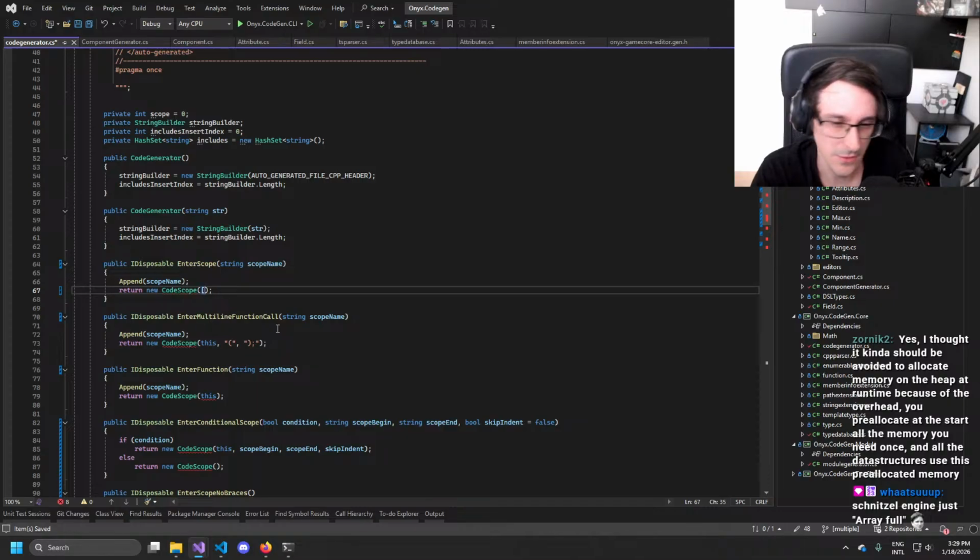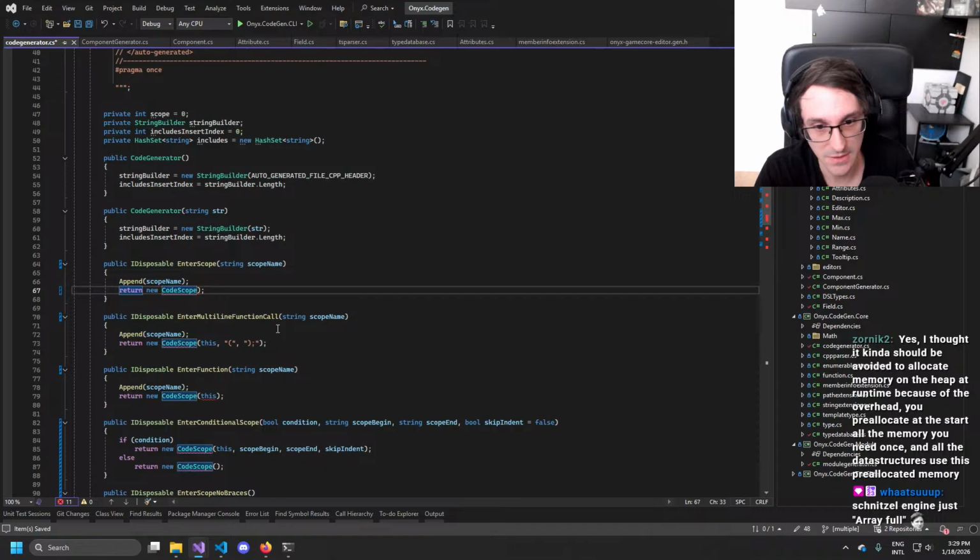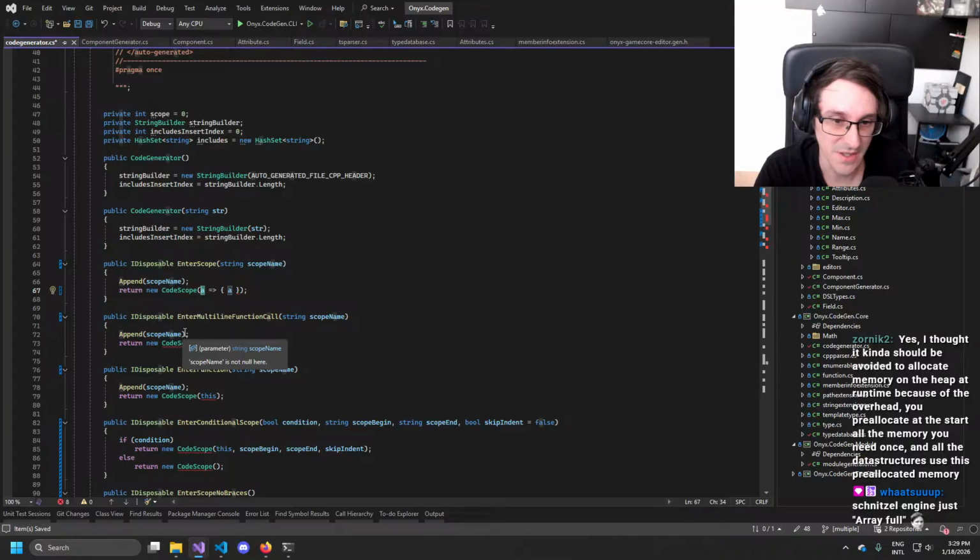How does that work in C# again? I'm actually not sure. Parameter A. But do I need an A?